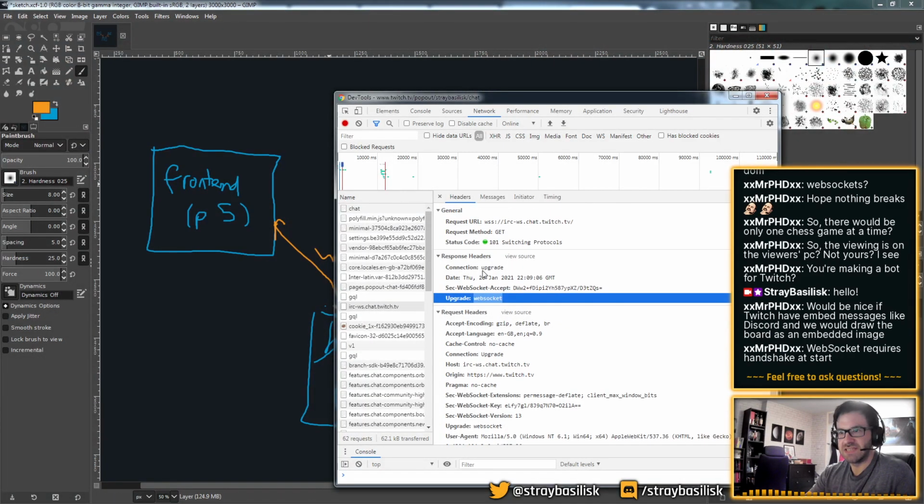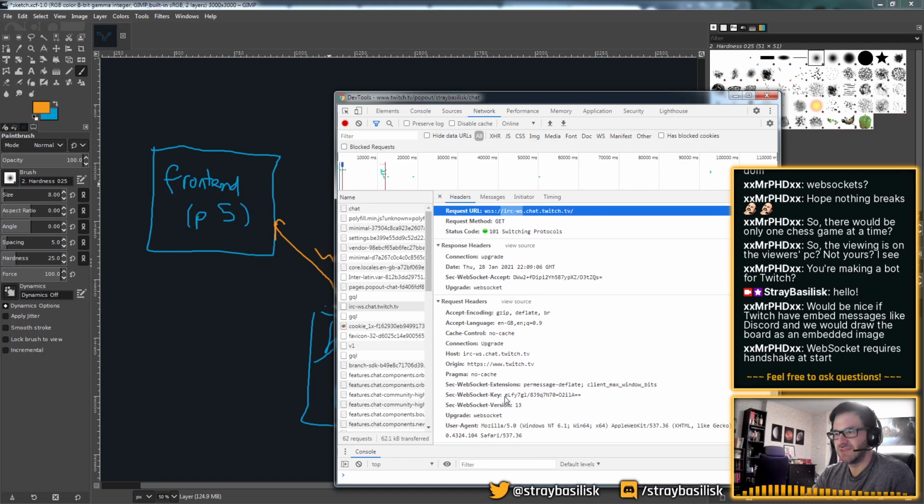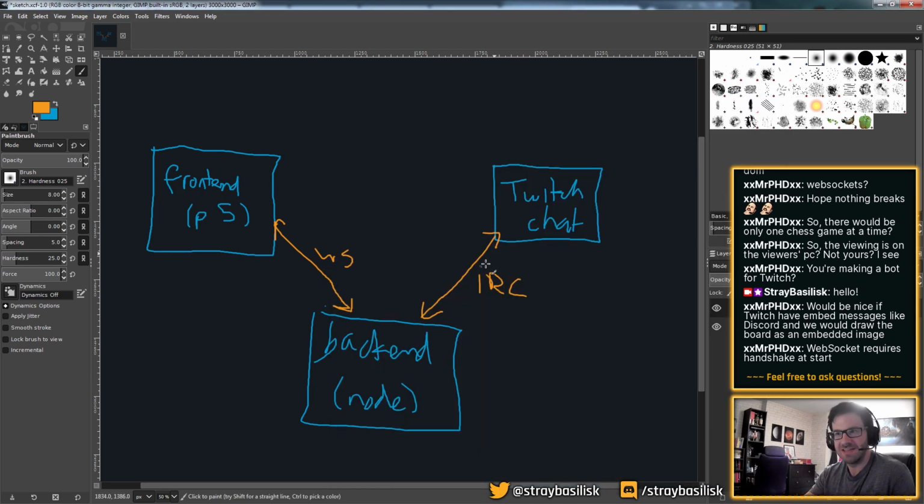If we go in the dev tools, you can see that they're hitting this IRC WebSocket API, but I imagine there's some authentication which would be annoying for us to do, and this is not an API we're supposed to be able to just freely use, I would imagine. So I might look into this, like maybe I could just hook into this and then my dream of having no backend could work.